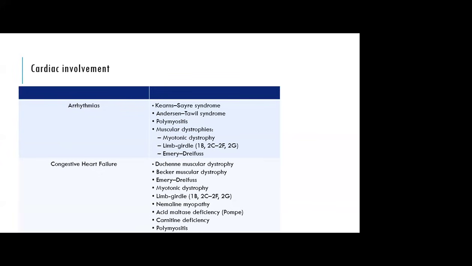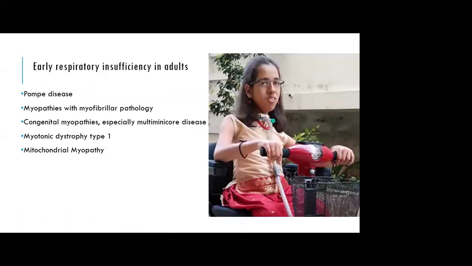The rest are congestive heart failure; the patients of DMD, Becker's, Emery-Dreifuss, myotonic dystrophy, then limb girdle, nemaline, acid maltase, carnitine deficiency, and polymyositis. The early respiratory insufficiency in adults, the Pompe's,